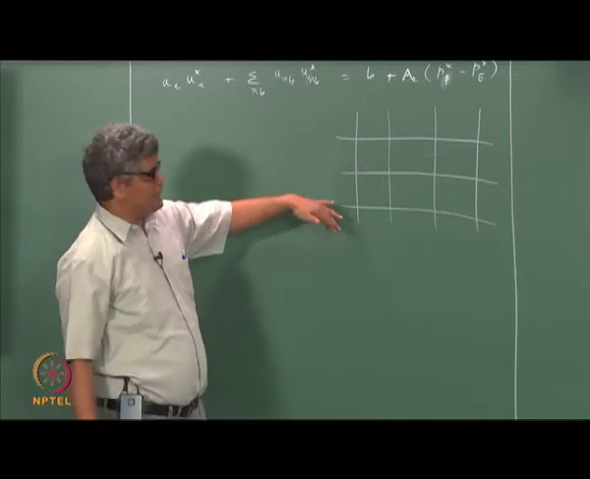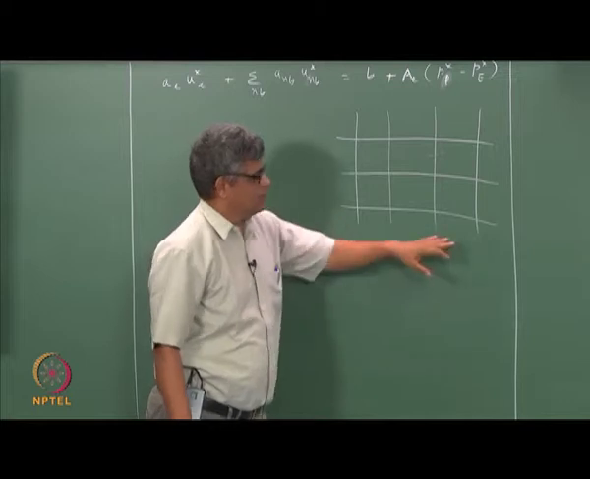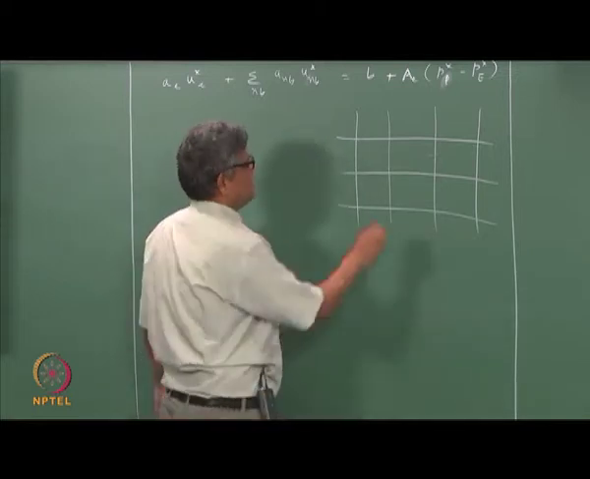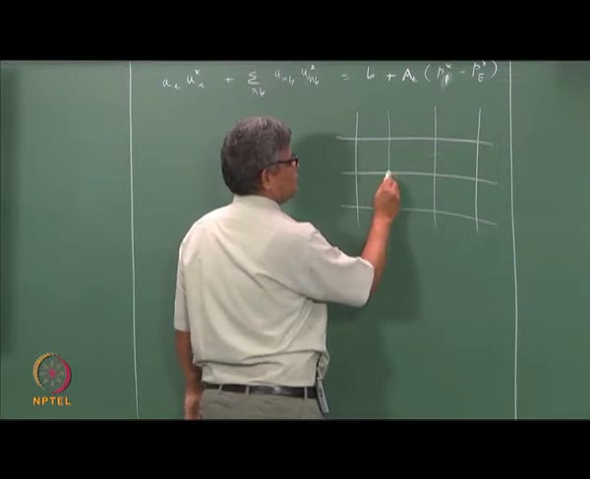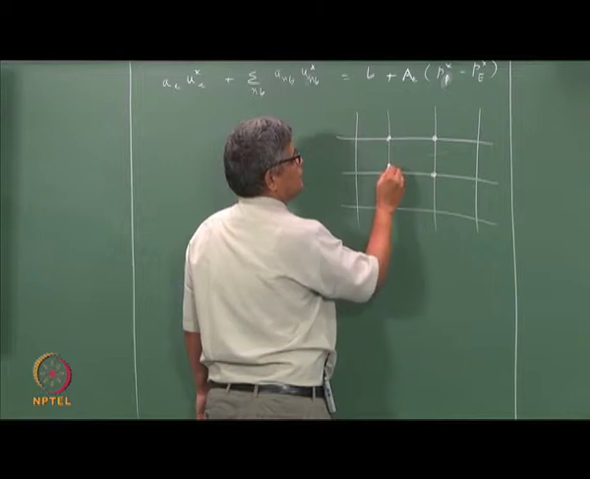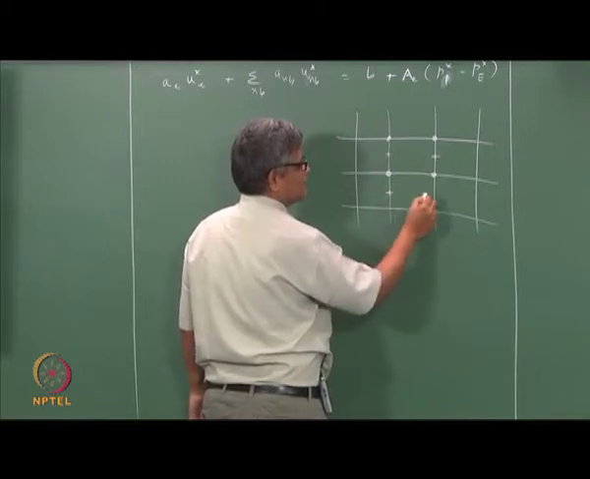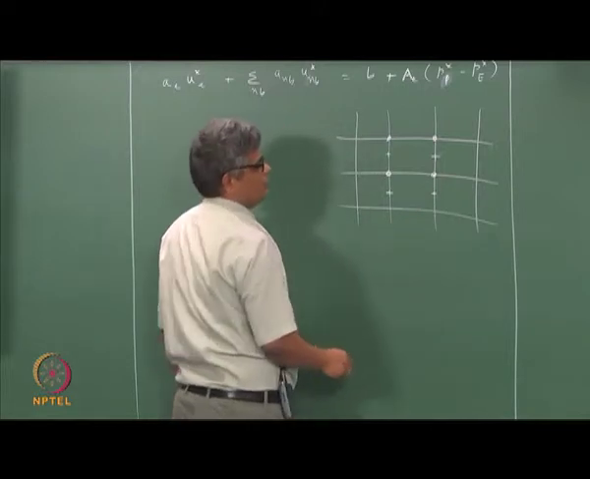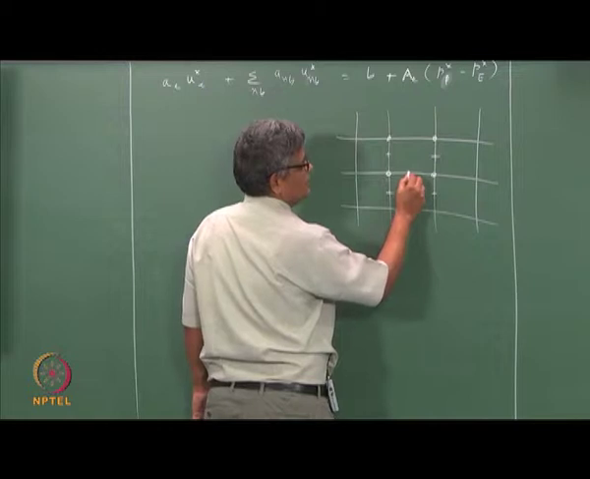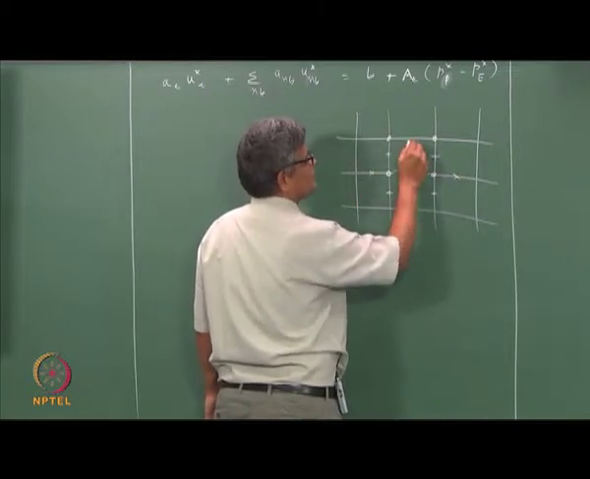These are the major grid lines, the equivalent of I plus 1, I minus 1, I plus 2, j plus 1, j minus 1, and intersection of these is where pressure is evaluated, and vertically displaced half points is where the v velocity component is evaluated. Horizontally displaced midpoints is where u velocity is determined,